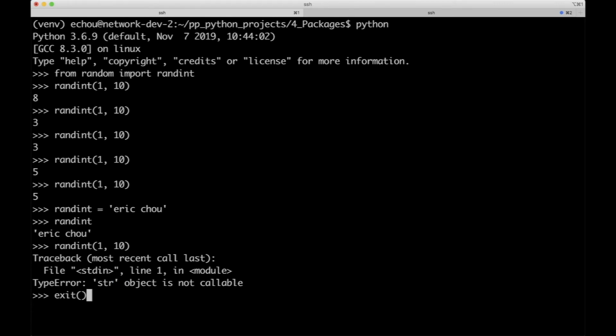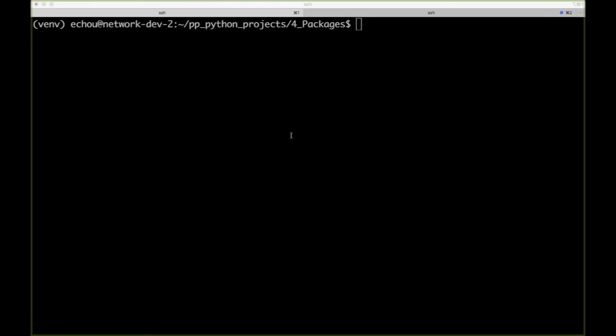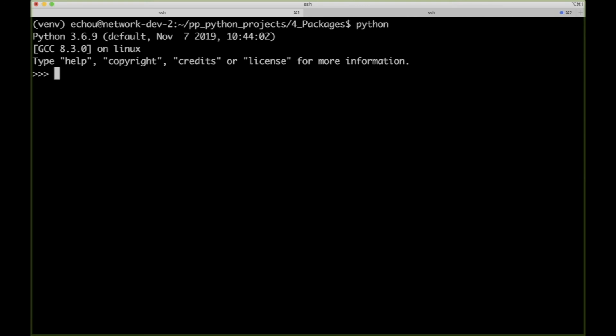So those are the two reasons to use packages: to avoid namespace conflict, and also for readability. So where does Python find these packages? After all, I don't see random in my current directory. I don't know where it's being installed, or if I install requests, where it's being installed, and how do I find it? So essentially, there are standard locations for Python to search for modules and libraries, and you can find